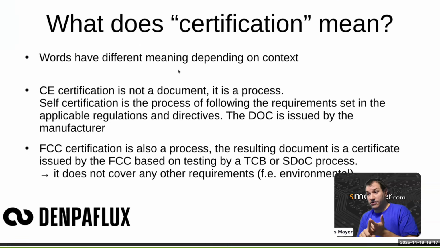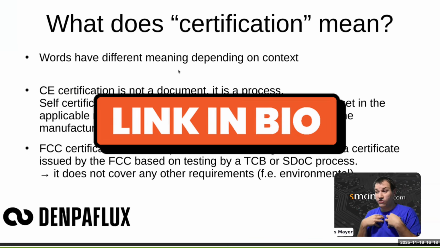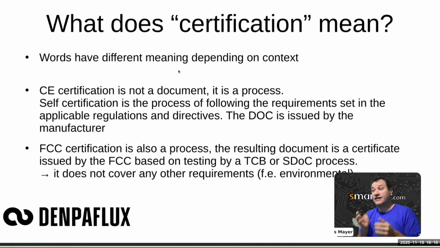And the declaration of conformity, the CE declaration, the CE mark on your product, this is the document that then says, I, the manufacturer of this product, in my own sole responsibility, declare that this product fulfills all the requirements that are applicable to it. I list all the requirements. I list the way that I proved conformity, which is usually by applying the harmonized standards that have a presumption of conformity. We may get